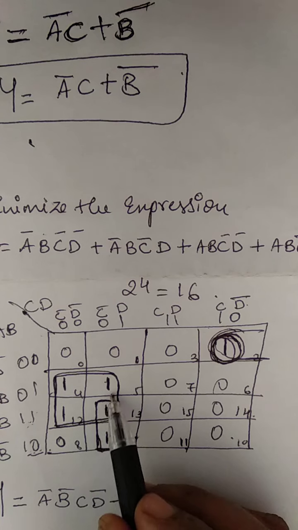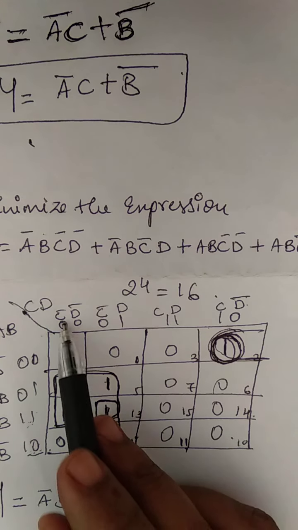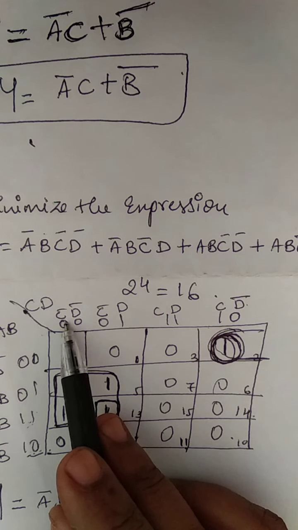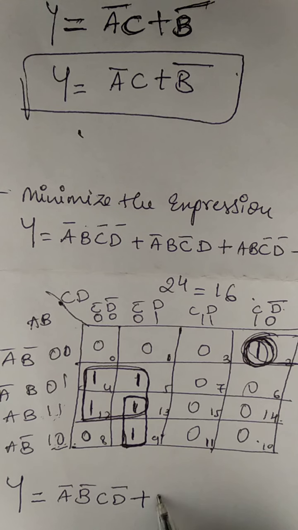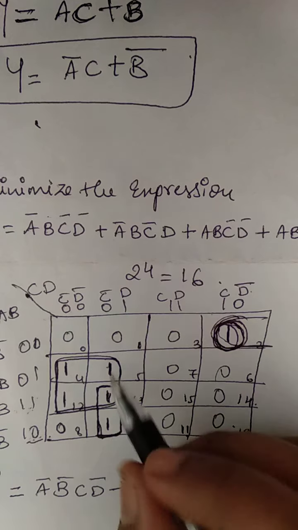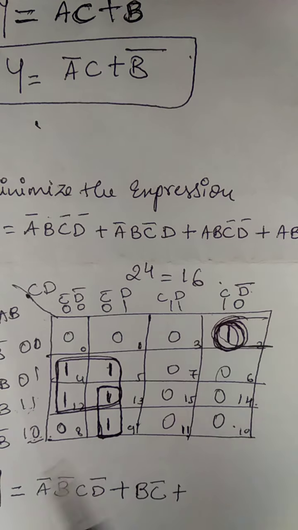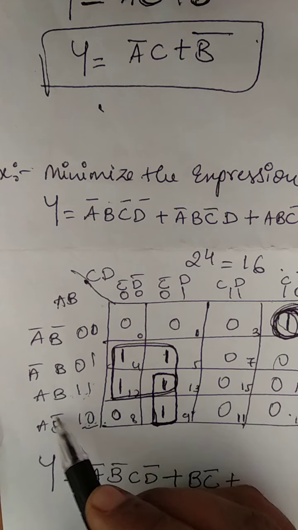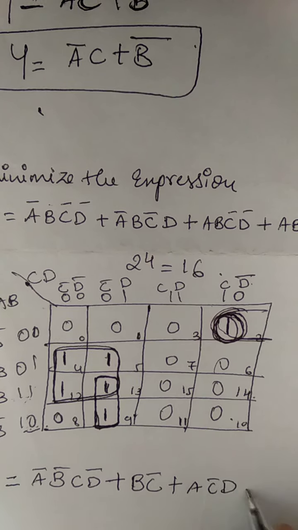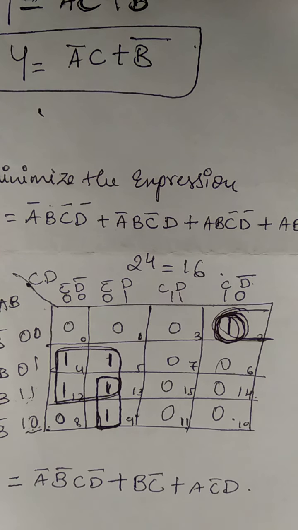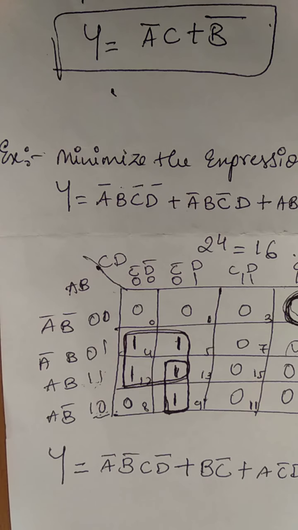So next group. So this is quarter. So common over here is C bar. Take it as C bar. Then common here is B. So then expression is B, C bar plus this group C bar, D. Common in this variable is A. So write it as A, C bar, D. If there is no common, then you have to write full expression. If you are having any common variable, then you have to take it as common.